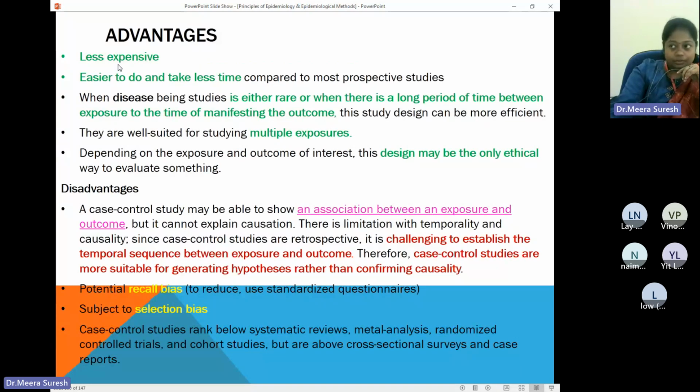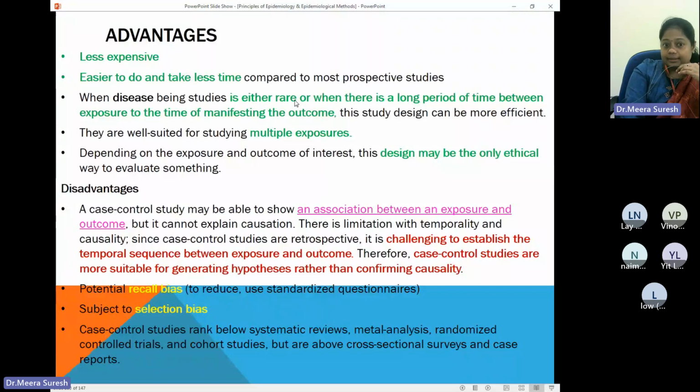It is less expensive, of course. It is not at all very costly. You need to make some questionnaires. That's all. It is easier to do and takes less time. This is particularly done if the disease is rare, like you want to learn some rare diseases. It is not easy for you to wait until that rare disease occurs, then study it. But if there are already patients who have that disease, you can very easily do a case control study